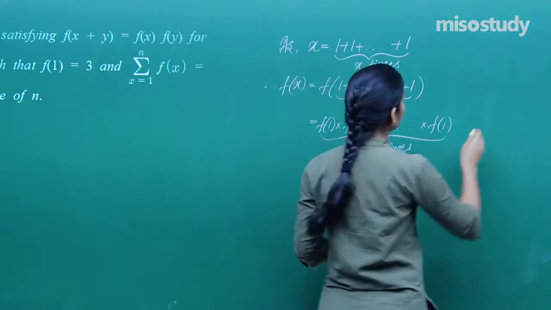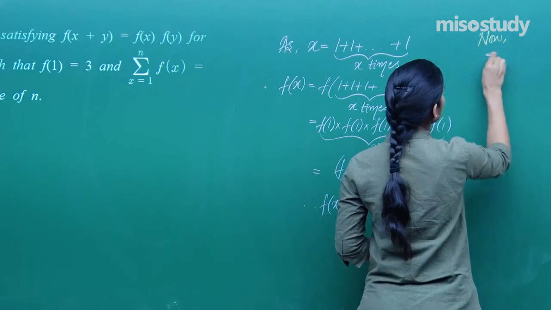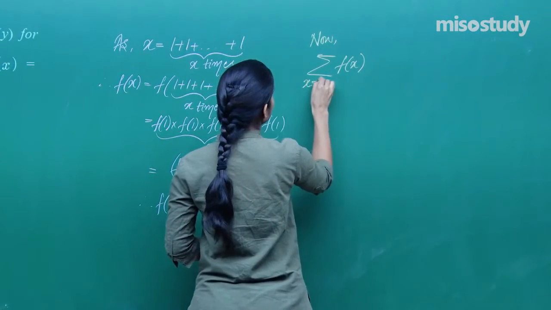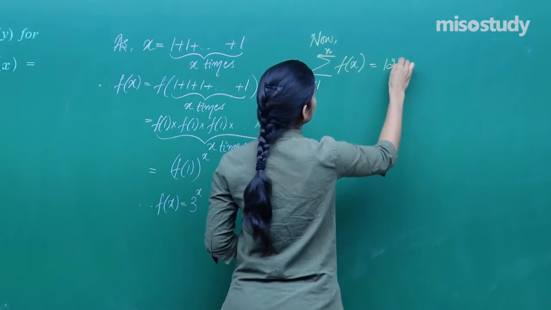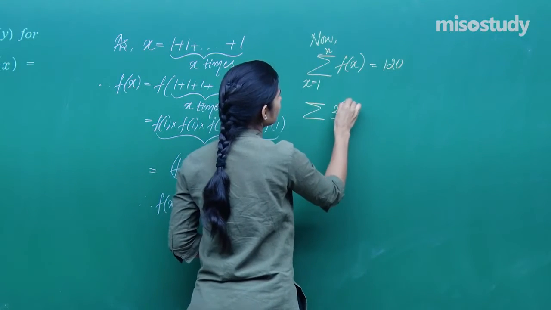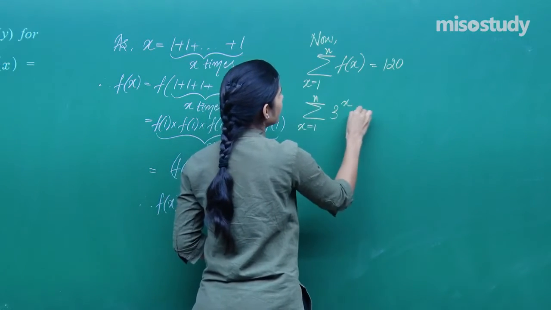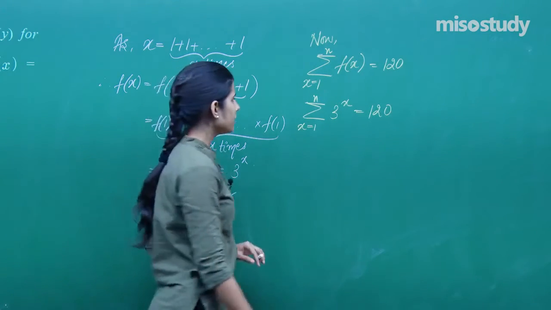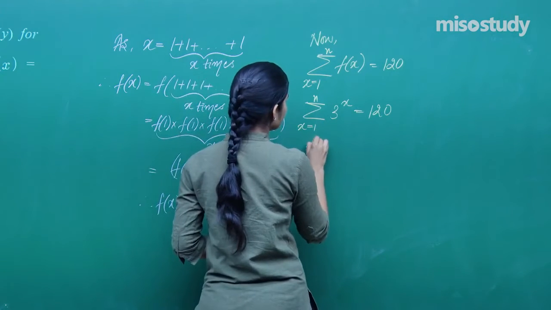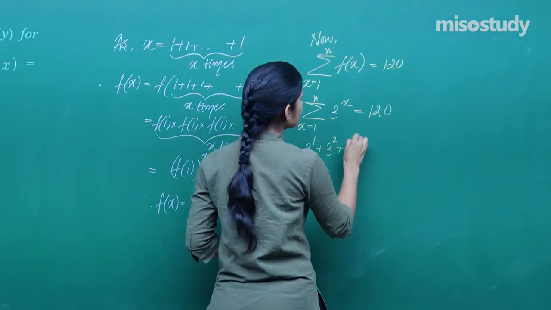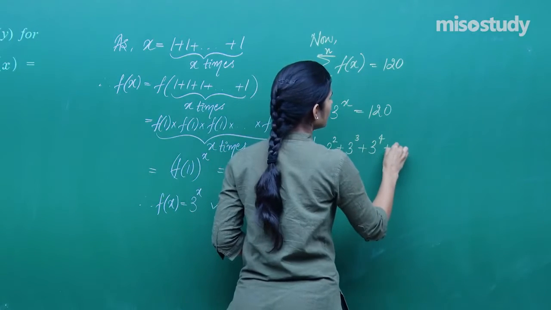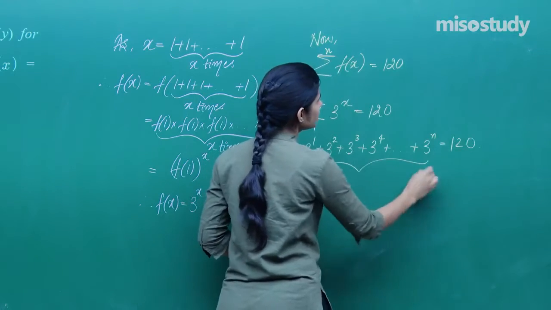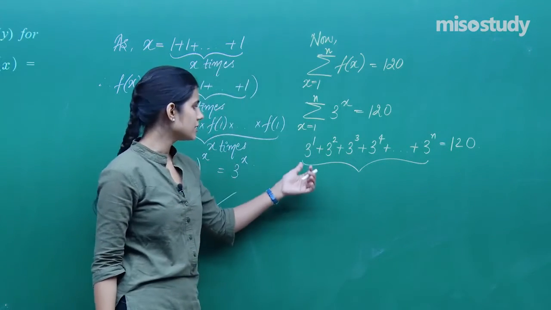Now I am given that summation f of x, x going from 1 to n is 120. That means it is given summation 3 to the power x, x going from 1 to n is 120. Till now there is no relevance of AP or GP. If you open the summation up, you get 3 to the power 1 plus 3 to the power 2 plus 3 to the power 3 plus 3 to the power 4 plus and so on plus 3 to the power n is 120. The moment you see the left hand side, it is a GP with first term 3 and common